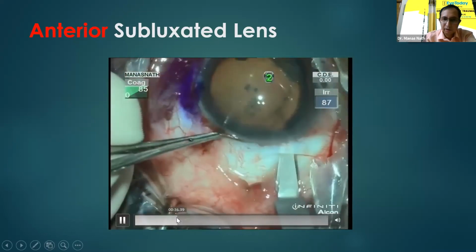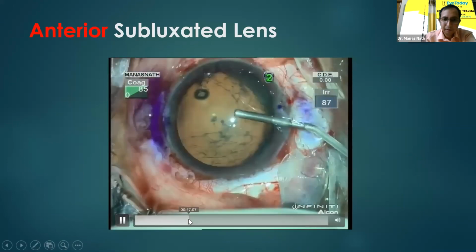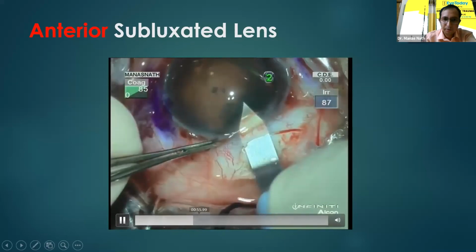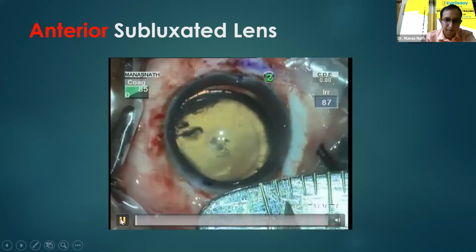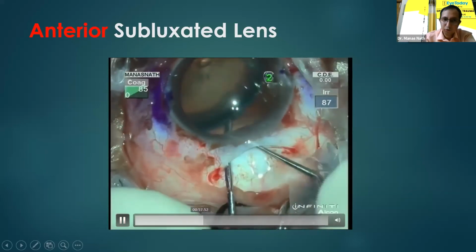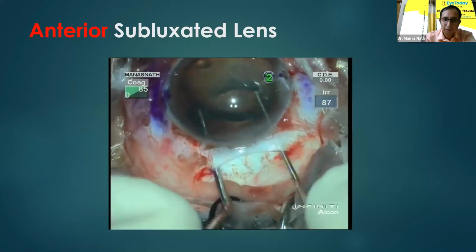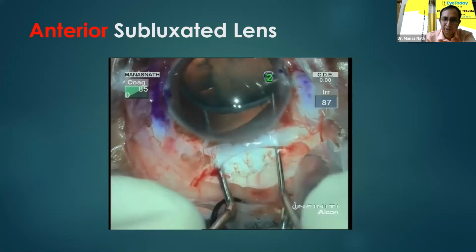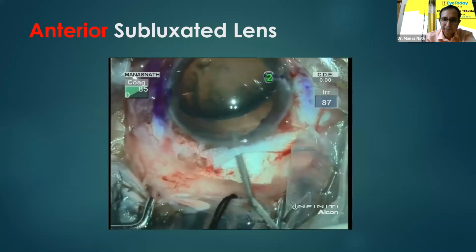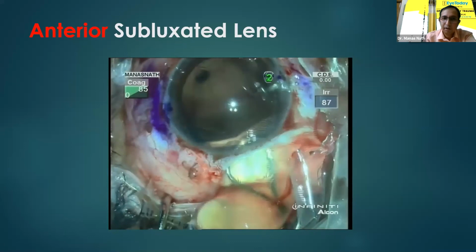So you can see that the tunnel is being fashioned here. Visco is injected. AC is entered with keratome. And very loose cataract is prolapsed. With the two instruments, you can see very few attachments of the zonules. Visco is injected to push the vitreous down, and the whole nucleus is removed gently without any vitreous